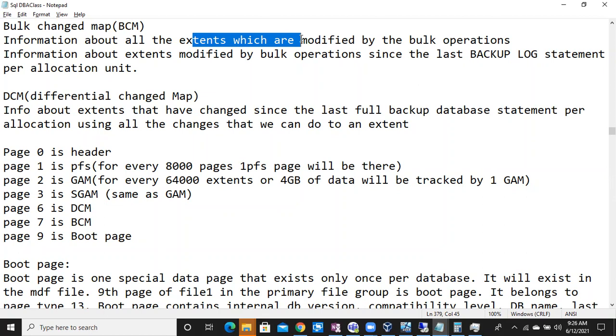You can get a better idea while discussing the backups, full backup, differential backup. While discussing the differential backup, I'll explain what the differential changed map will do, how the DCM page will play a crucial role for differential backups. Usually we will have backup strategies in the organization. Full backup, weekly or daily or whatever you want, the schedule is yours. Imagine you are going for weekly full backups, for a better example. So weekly you'll take the full backup.